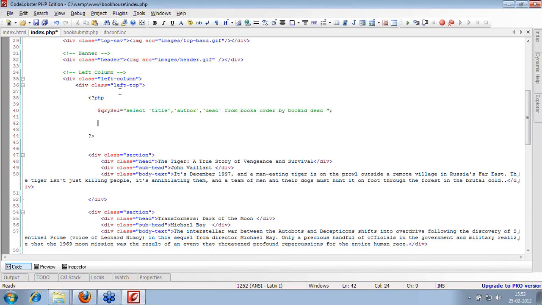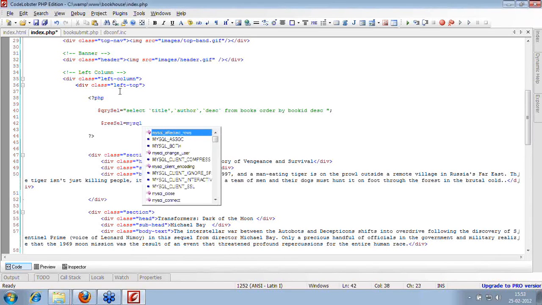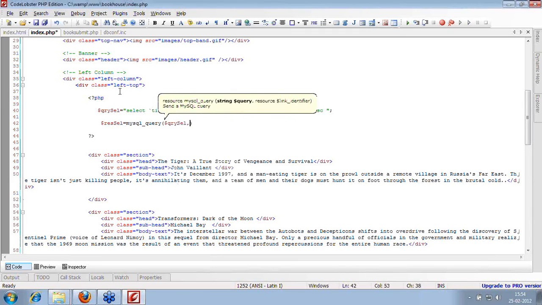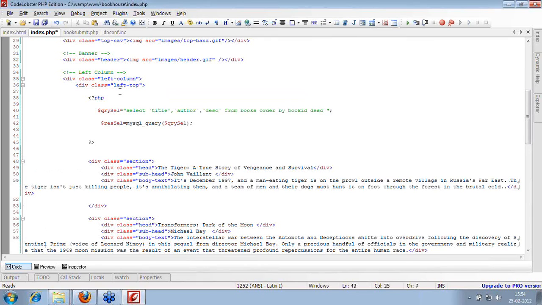In the same way I inserted a query, I need to execute this query. Before that you can have start trans, then execute a query and commit. Basically you use it when you are updating and you want to block the values and all. But here I'll directly use a record set for the select statement, and I'll say mysql_query. Here I'll pass the query. My query is the select query. Here you can give an identifier if you are selecting with more than one database, but here I'm connecting to only one database, so I don't need to define the identifier for the database name.